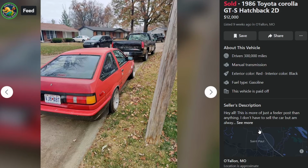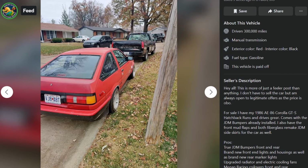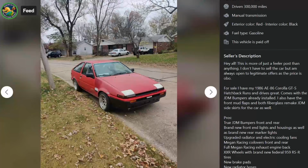Here is a 1986 Toyota Corolla GT-S hatchback, $12,000, sold 9 weeks ago, O'Fallon, Missouri. For sale, I have a 1986 AE86 Corolla GT-S hatchback, runs and drives great. Comes with the JDM bumpers already installed. I also have the front mud flaps and both fiberglass remake JDM side skirts for the car as well. Pros: true JDM bumpers front and rear, brand new front end lights and housings as well as brand new rear marker lights, upgraded radiator and electric cooling fans, Megan Racing coilovers front and rear, listed as a pro, full Megan